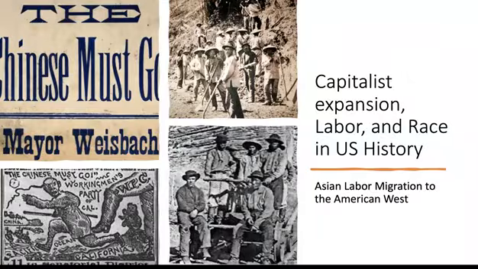The first significant migratory flow were the Chinese, okay, Chinese migrants coming to the United States. Now, the question emerges, what led to the migration of Chinese to the United States in the first place, this time in the mid 1800s? And the answer to this question directs us to an interesting historical interconnection, actually. If you look at the slide, the aspects of this interconnection involve capitalist expansion, labor, and race.